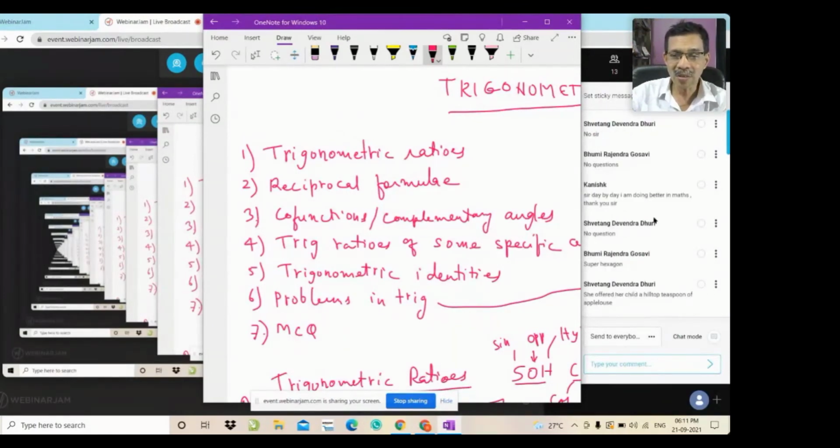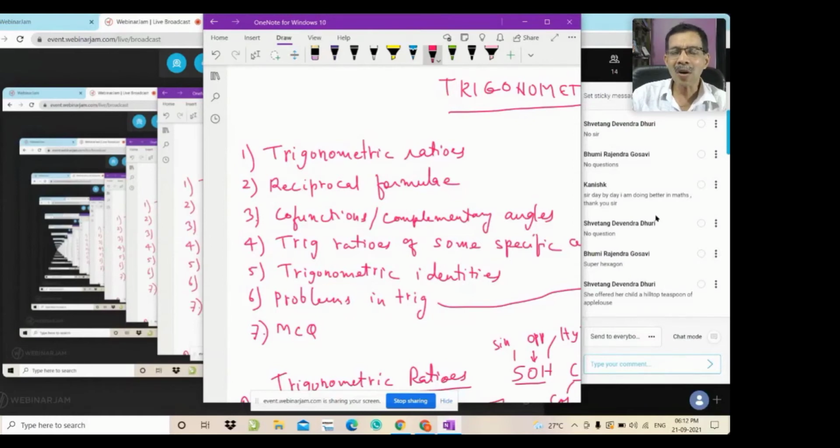So Bhumi, it's nice. You don't have any questions, but though you don't have questions now, while logging into my system with your ID and password, you may develop some problem, maybe because of the browser or maybe because of any other things. And if you face a problem, please let me know. Please send a message or whatever screen you are seeing, please send it to me, and I will help you to log in into my platform.